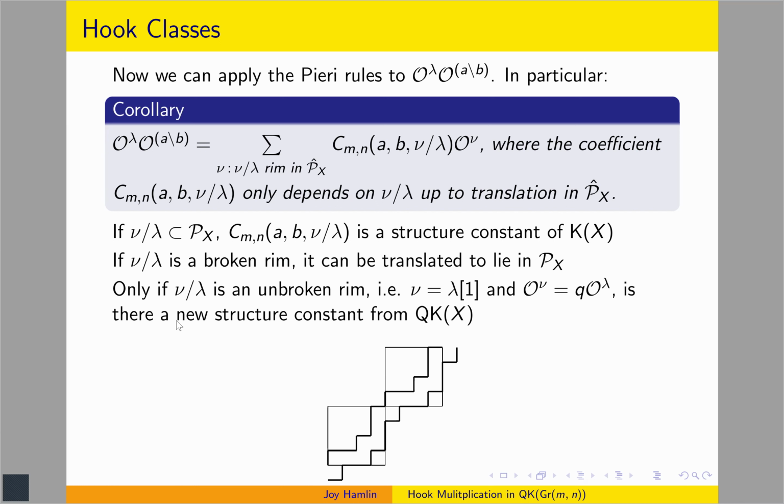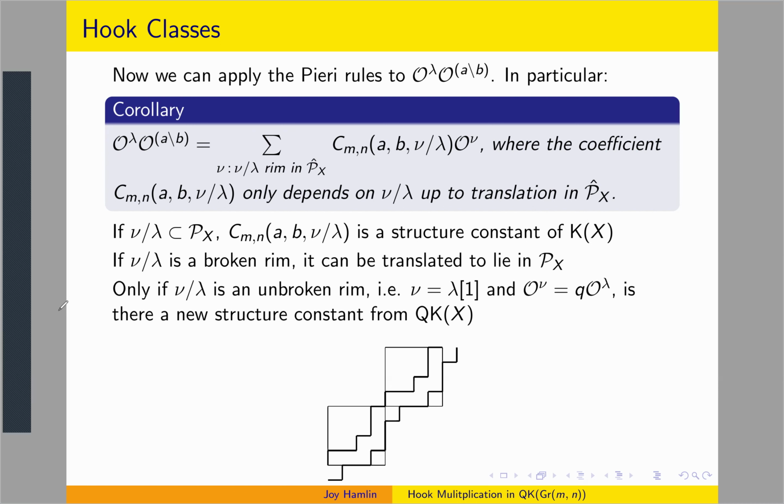If nu mod lambda is a broken rim, if any of these squares, little boxes, are missing, then it can be translated to be in the standard rectangle. For example, if this box were not here, and this was gone and this was gone, then it would be in the standard rectangle. And if we're missing any box in the rim, then we can translate it so that the box we're missing is exactly there. So only when we have an unbroken rim do we get a structure constant that's new to